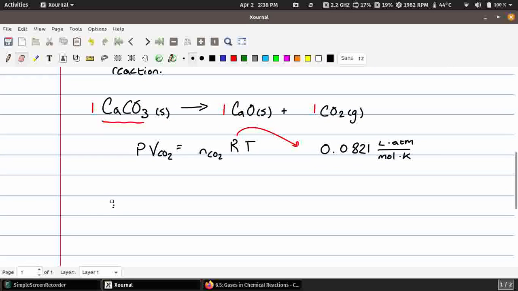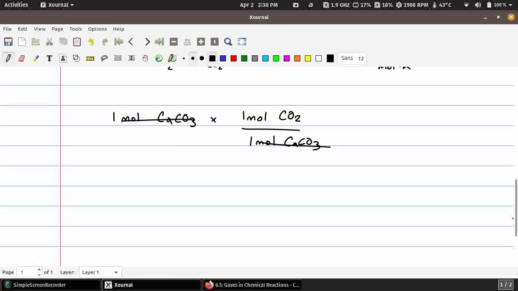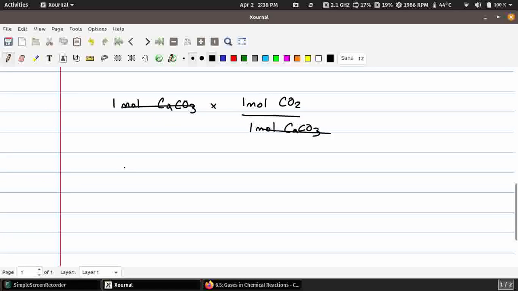So that means when you convert it to gas, 1 mole of CaCO3 times 1 mole CO2 over 1 mole CaCO3, these cancel and you're still left with 1 mole of carbon dioxide. So that's why you don't really have to worry about the stoichiometry in this problem, but you still have to calculate it. So since it's a 1-to-1 ratio,